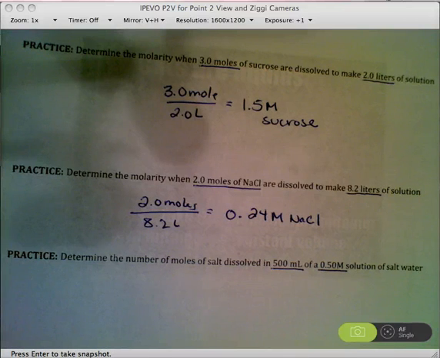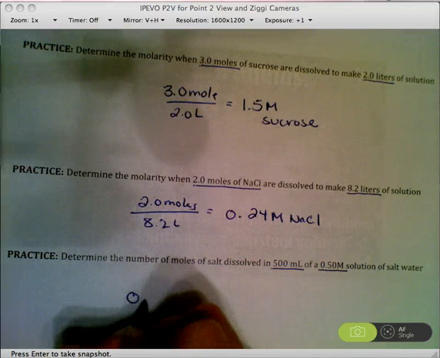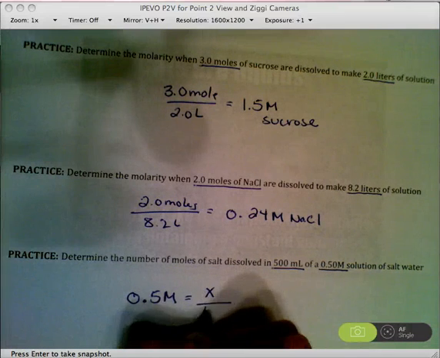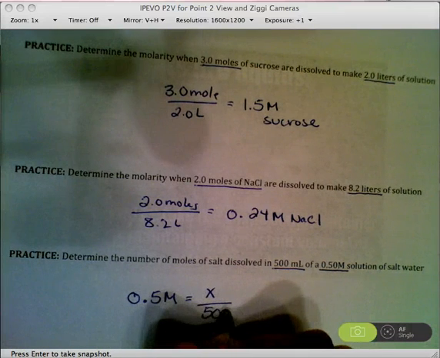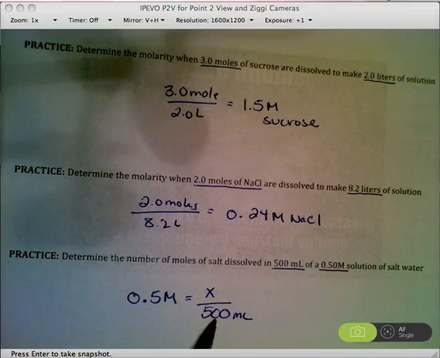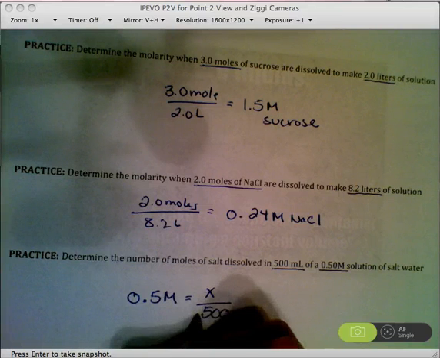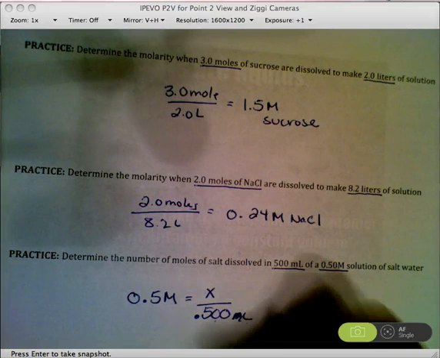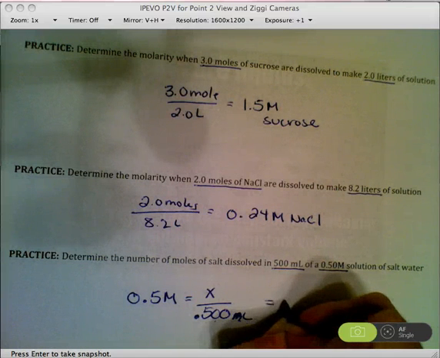Now this one we have to actually find the number of moles. So now my equation is 0.5 molar solution equals X divided by 500 milliliters. So to solve for X, we multiply 0.500, because remember it's in liters, so 0.5 liters times 0.5 molar. So 0.5 times 0.5, I get an answer of 0.2